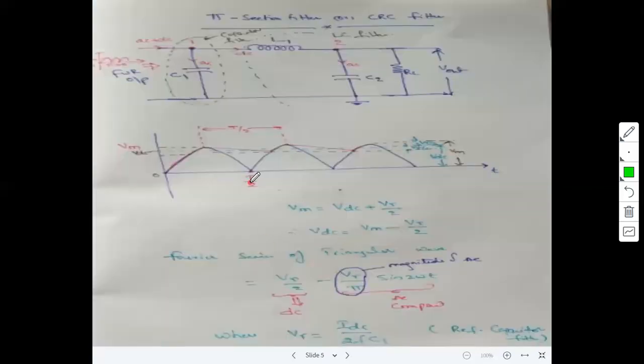Now, coming to today, we discuss one more filter circuit. This is the most efficient filter circuit. Before going to that, we explain it component-wise. Up to this point is the normal capacitor filter. Here the full wave rectifier output is given to the filter, and the filter output is like a triangular shape.